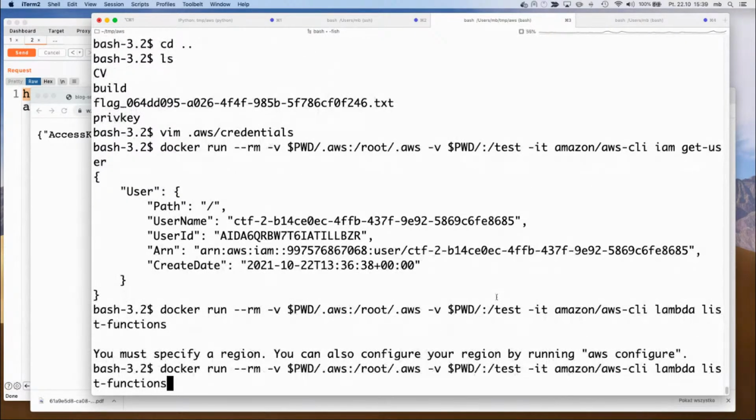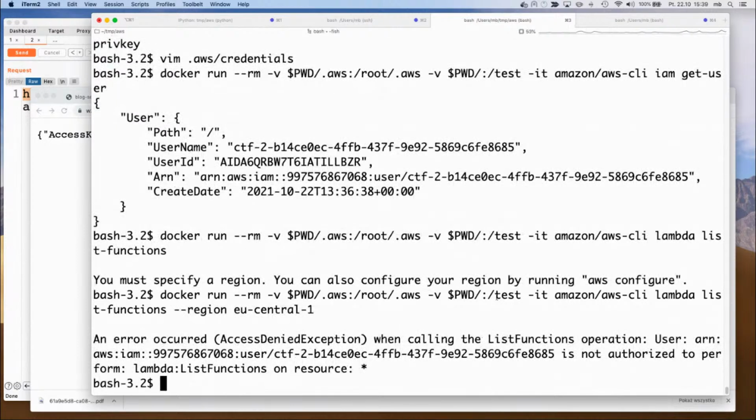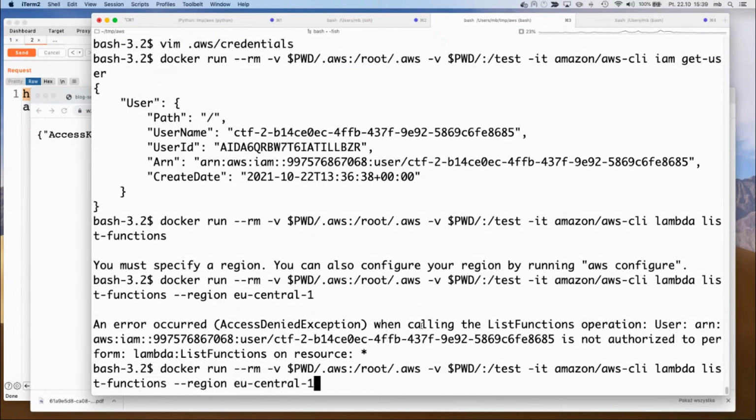We must also specify our region, so maybe EU Central 1. I don't know so far, I can just guess. But in this case, I'm getting an error that I am not authorized to do this action. And this is actually a part of this challenge, that I cannot access the Lambda at this point. Okay, so maybe I should check my